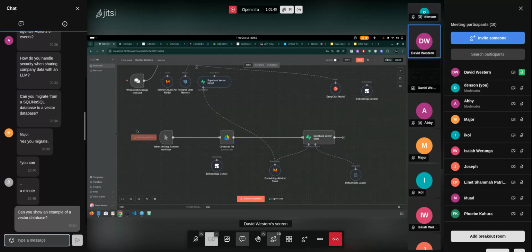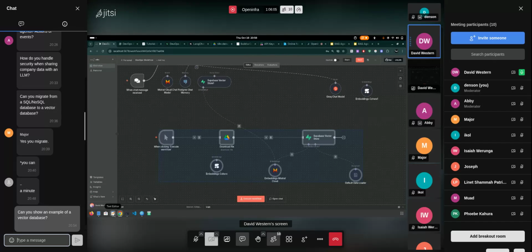I can just highlight it. This is your pipeline: how you are getting your data, how you're preparing your data, and how you are storing that data within your vector store. Now from here, that's where the AI agent comes in. Before I elaborate more on the AI agent,